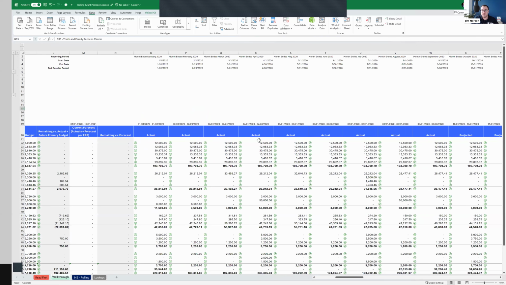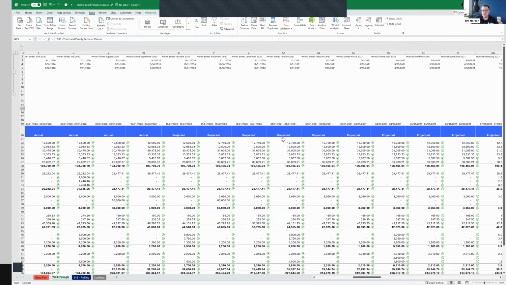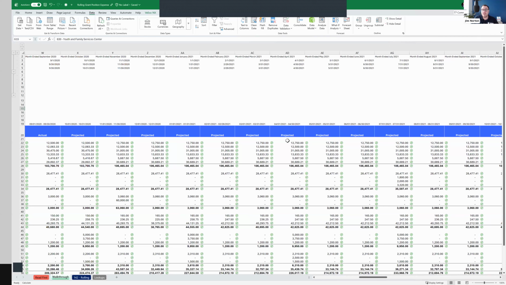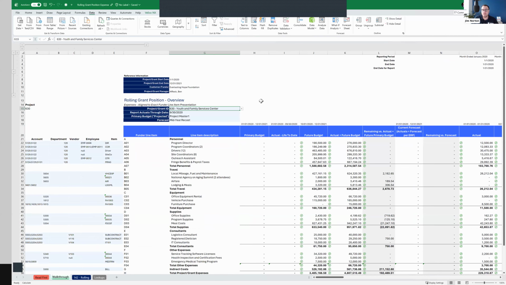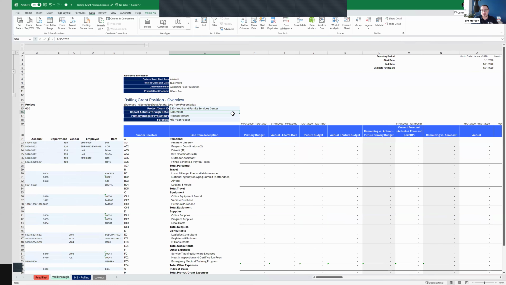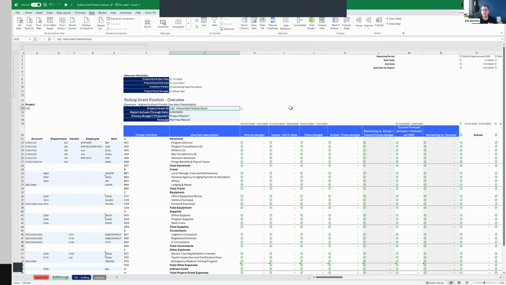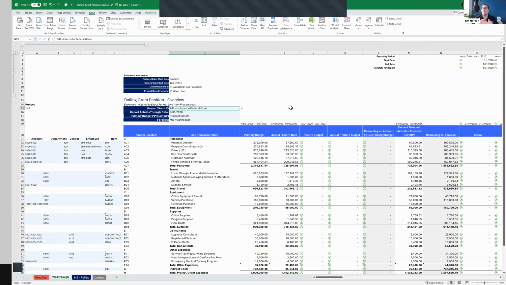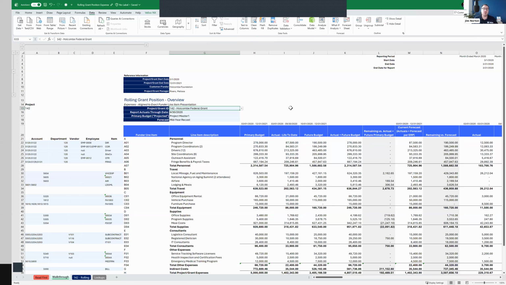All of my columns are transforming to the correct start and end dates, and all of that without me having to do anything else because of the way that I thoughtfully designed this. Now, this project or grant has zero activity because that's not the one for this example. But I wanted to highlight how quickly everything automatically changes, and then when I change this project or grant, how quickly it all changed back.